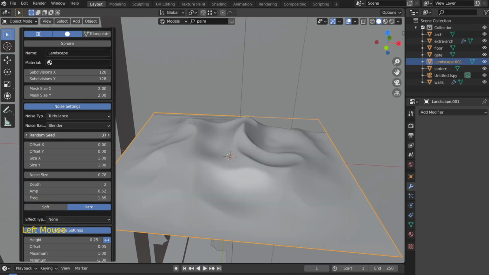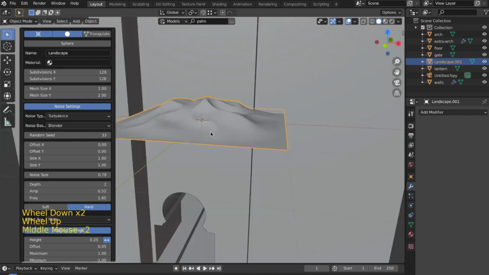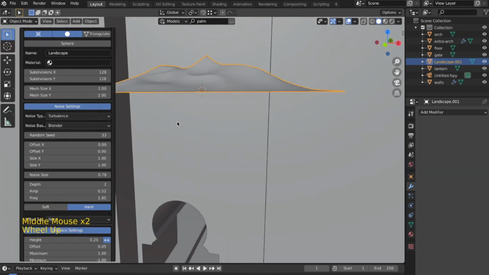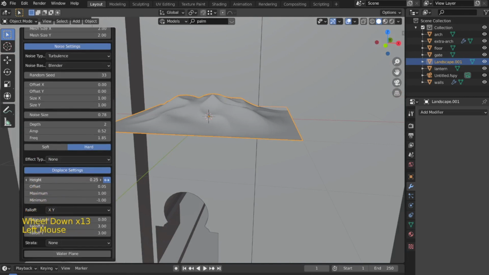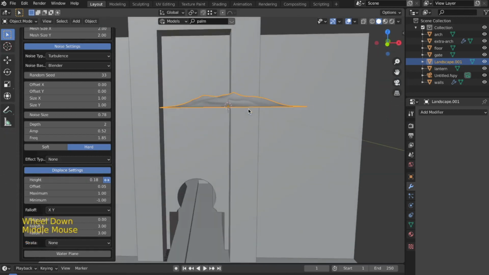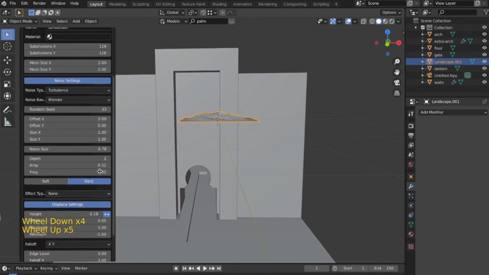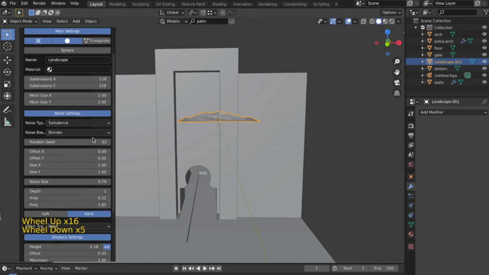So in this case, this is looking good with some curves and these dunes over here, but the height right now is a bit too much. So for that I will reduce the height and hold shift along so that it reduces in slower increments, and this would be good for now. And yeah, that would be all for this thing. So now I will just click anywhere over here.